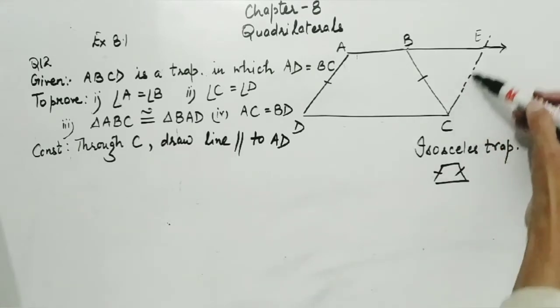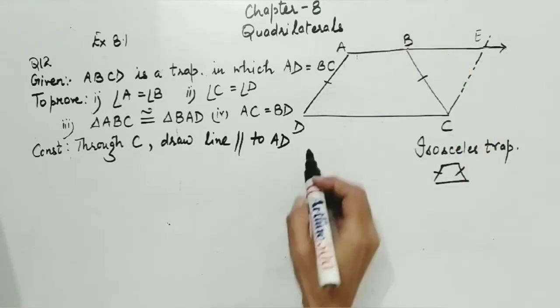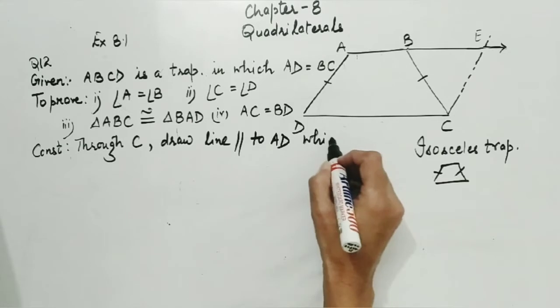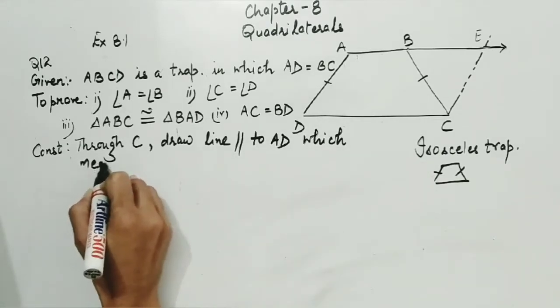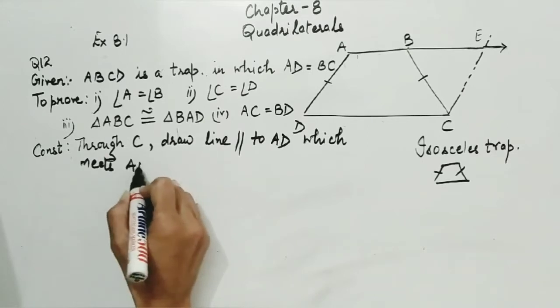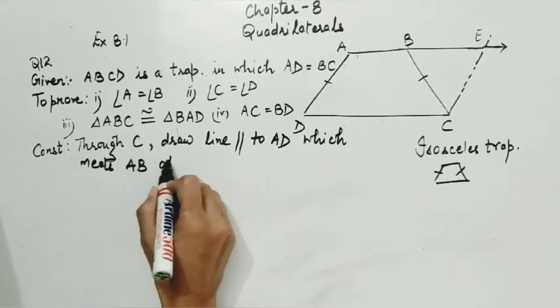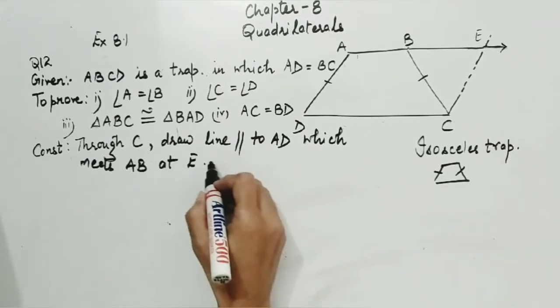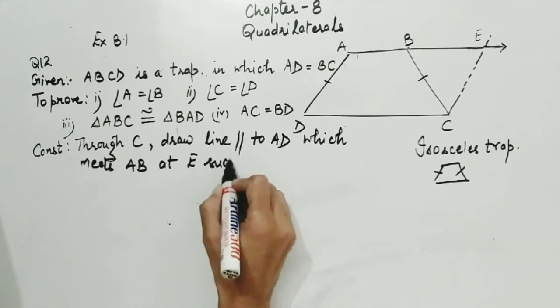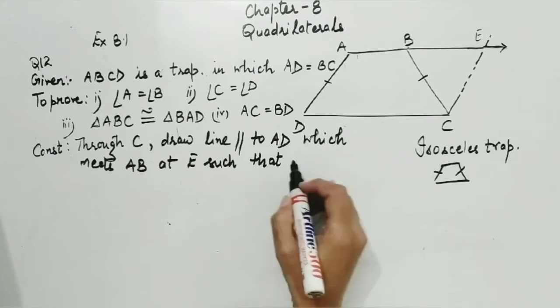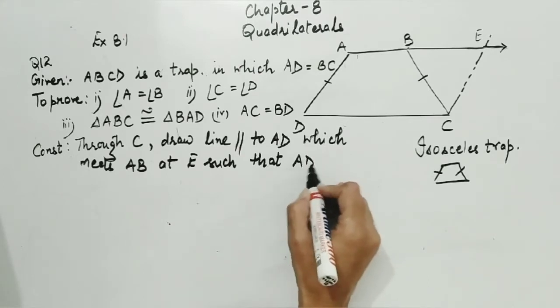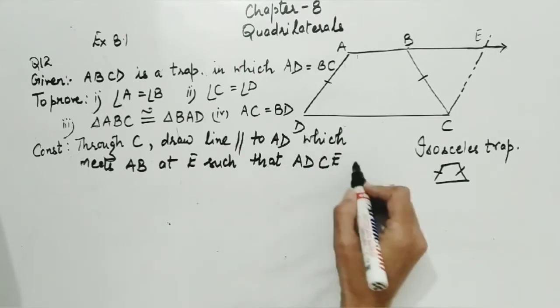Through C we have drawn a line parallel to AD, which meets AB at E, such that ADCE